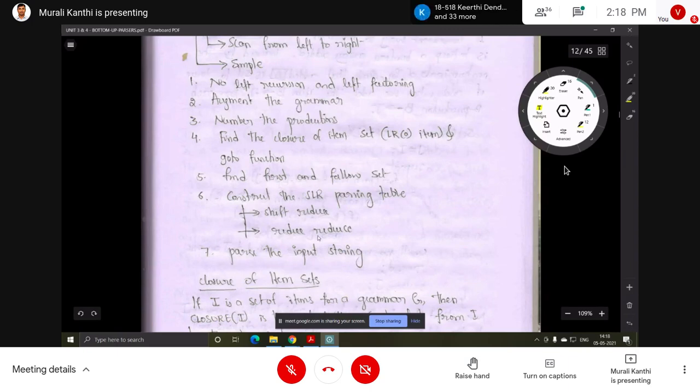That can be decided in the last step. So these are the set of steps in LR(0) or SLR(1) or whichever parser.